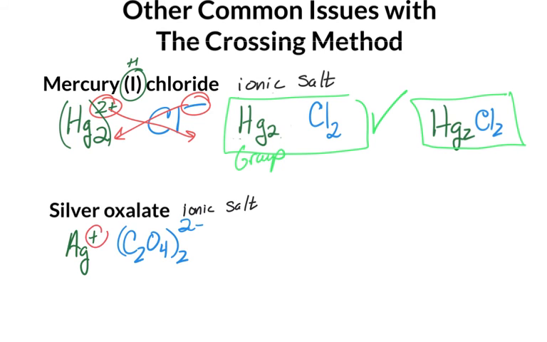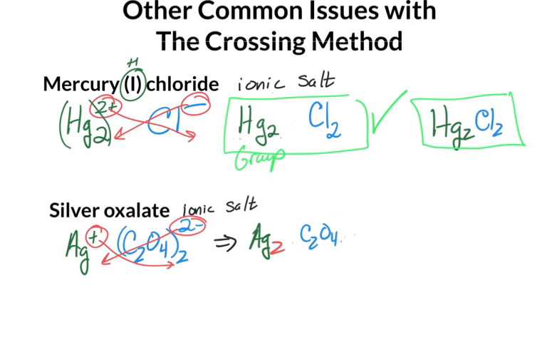We'll see the +1 from silver goes to the outside of the oxalate, and the 2 from the oxalate goes to the silver, and we end up with the formula Ag subscript 2, parentheses, C2O4, close parentheses, subscript 1. We get rid of the 1 from the parentheses, and we erase the parentheses because there's only one of that, and the answer becomes Ag subscript 2,